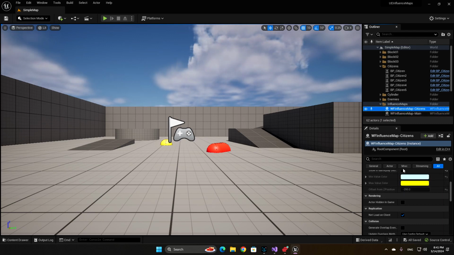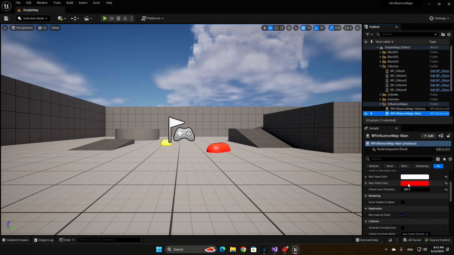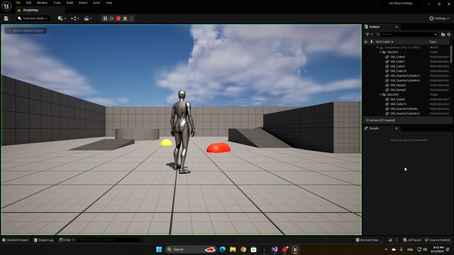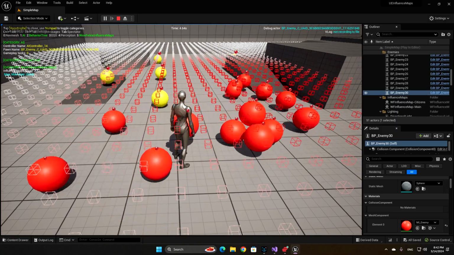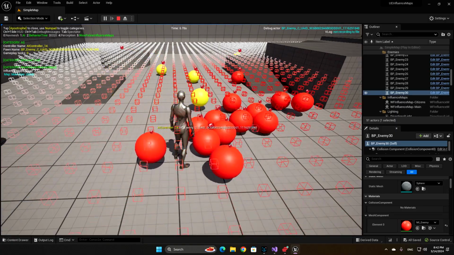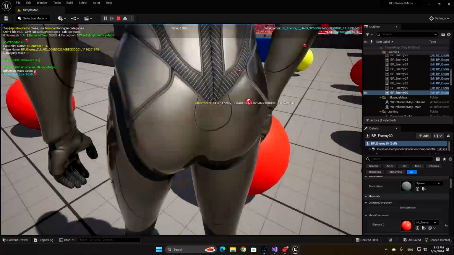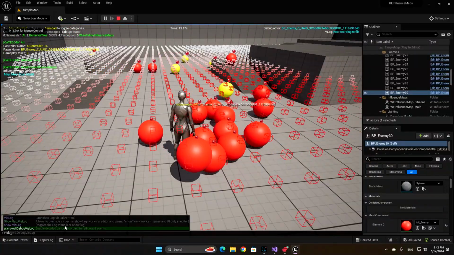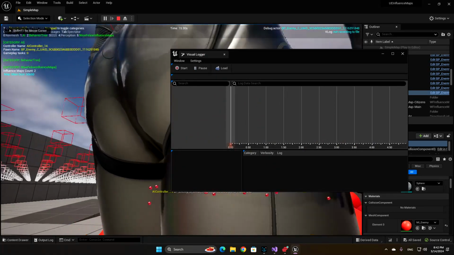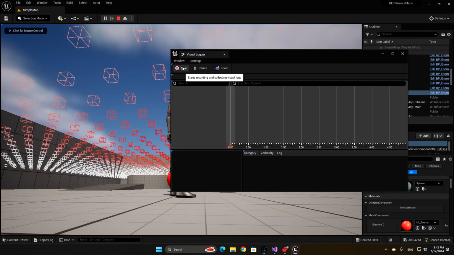Let's turn the citizens off already. The enemies is on. The higher values will be red and the lower ones will be white. So as you can see, near the enemies it's red, and it's more obvious in the visual logger. If I open it by entering vislog here, or if I go to the tools menu and